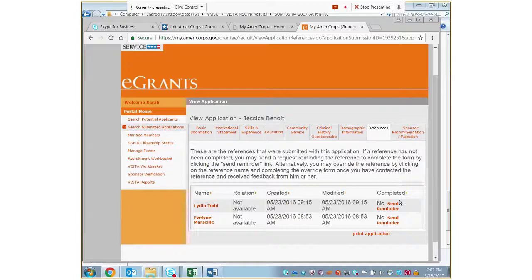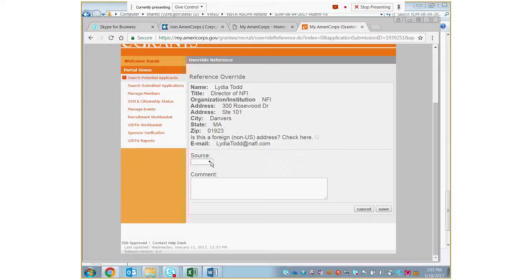Now, it might be that the reference is not able to do their reference online, at which point you can go ahead and override the reference by clicking on the reference's name here. You click on the reference's name. What you can do is, you see we're in the override reference, you can say that I have talked to this reference, or I'm using a different reference.